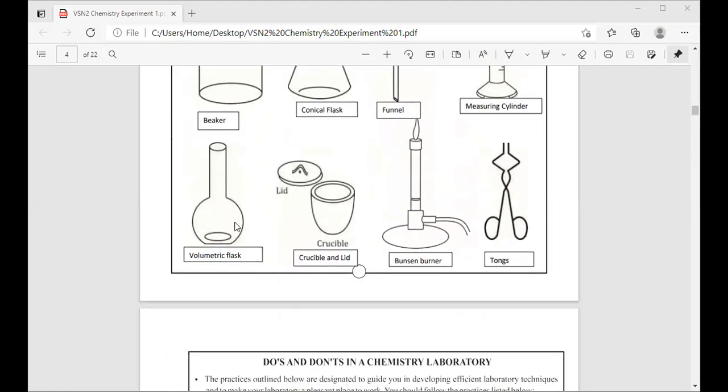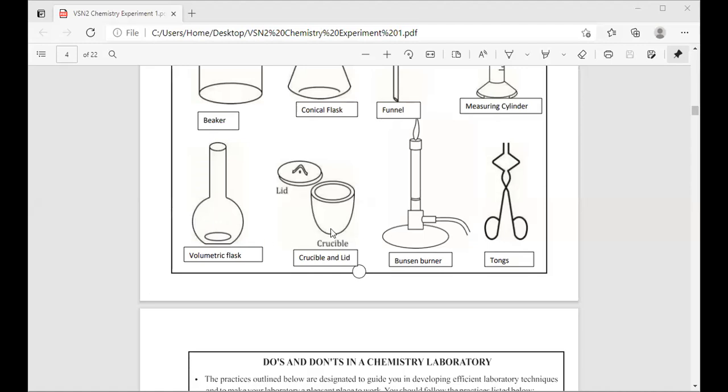Now this is the volumetric flask. Here the mark is supposed to be there, and when the solution is up to that mark, it is the volume of that solution which is there inside the container. It is called a volumetric flask. It is also available in various capacities, that is 10 ml, 50 ml, 100 ml, 200, 250 ml, 500 and 1000. So both of them are available in 10, 50, 100, 200, 250, 500 and 1000.